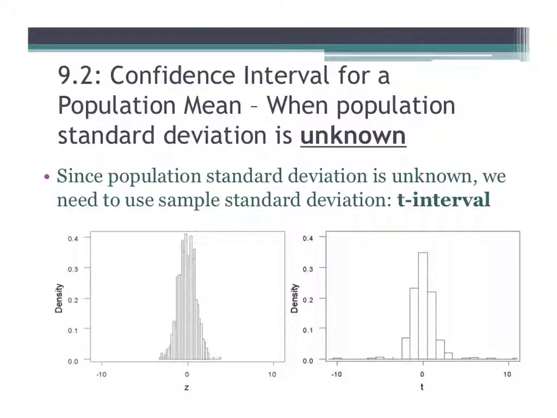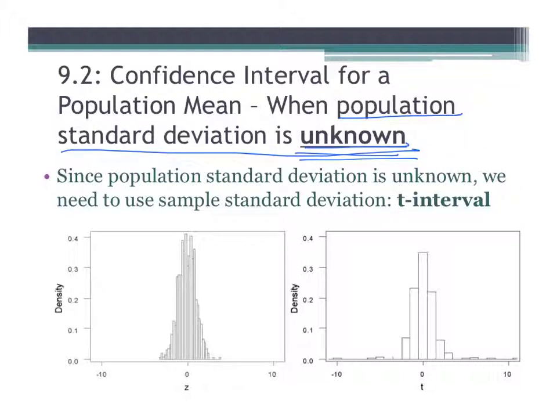The next portion of Chapter 9 is going to be estimating confidence intervals for a population mean. So it's the same thing as Section 1. We're doing mean still, but this time the key is that the population standard deviation is unknown. And chances are when you're doing your own statistics, for research and such, you probably won't know the population standard deviation. So this is the more likely test that you would run in your own project or statistics or research